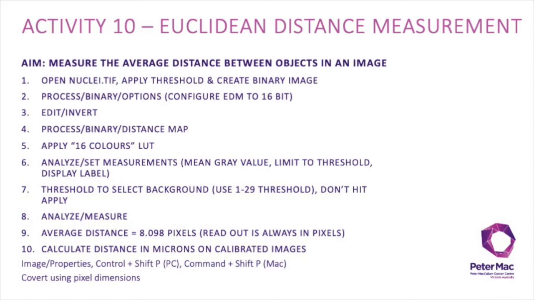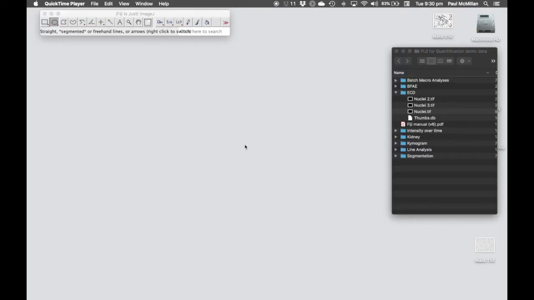Activity 10 is Euclidean distance measurements. We can use this to measure the average distance between objects in our image. For the Euclidean distance measurements, we're going to open up the ECD folder and open